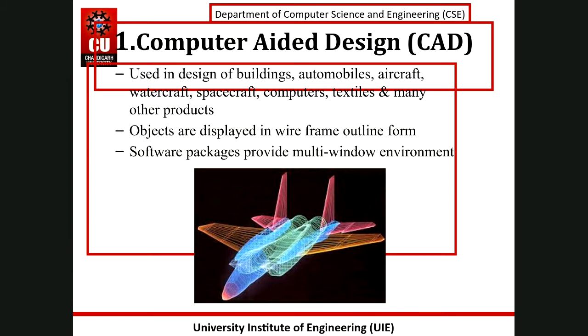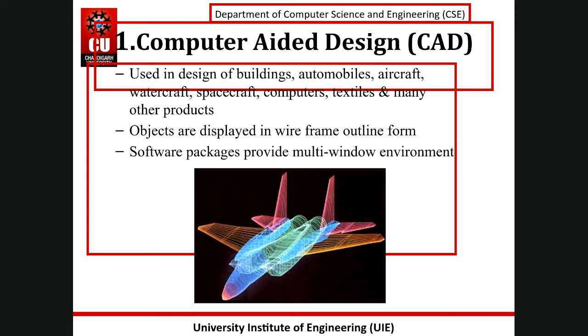What do you mean by computer aided design? With the help of computer aided design, these CAD systems are used for designing of buildings, designing of automobile parts, aircraft systems, and spacecraft systems, computers and textile industries, and all the designs that are made on computer are used to design the various automobile parts, various aircraft systems, and design of these systems are made with the help of computer graphics.